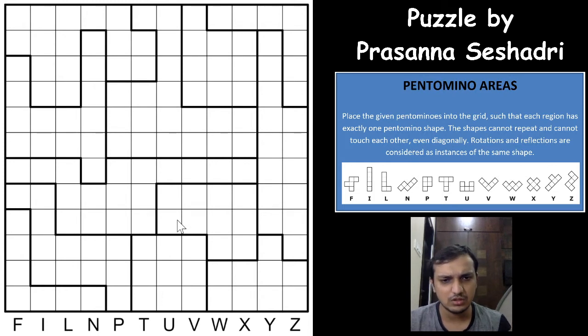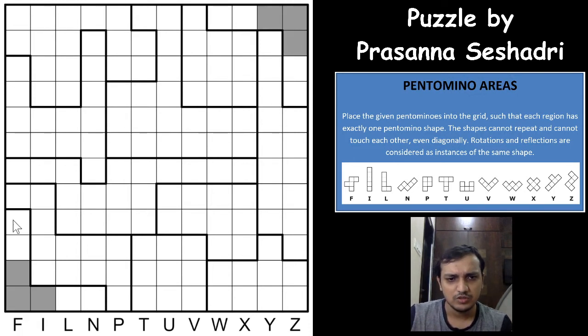So as you can see here, the two regions here are very important regions. This is the start of the puzzle, I would say. These are all 5 cell regions, right? The shapes that are given are 5 cell shapes, pentomino shapes. So even if a pentomino is in this area, it has to cover these 3 cells at least, right? Which means that all these 3 cells will be unshaded here, and these 3 cells will be shaded here.